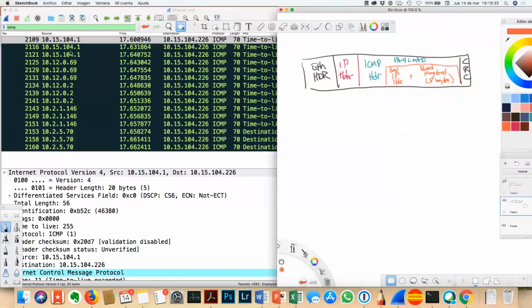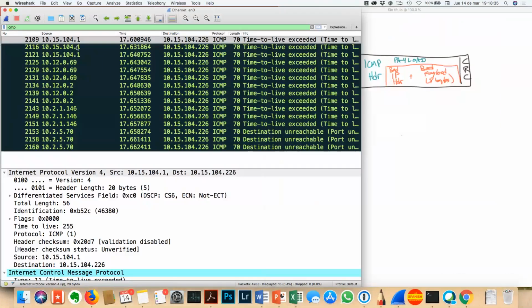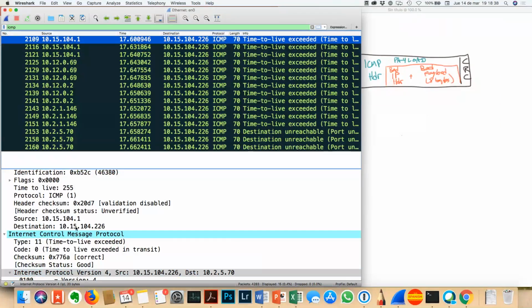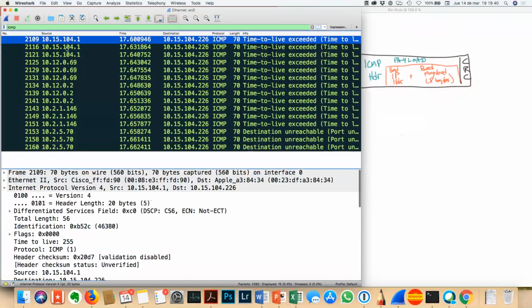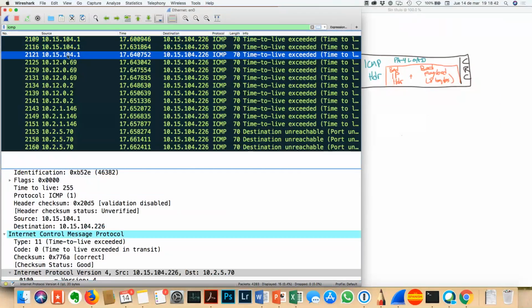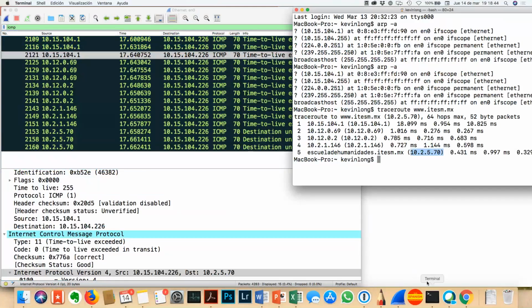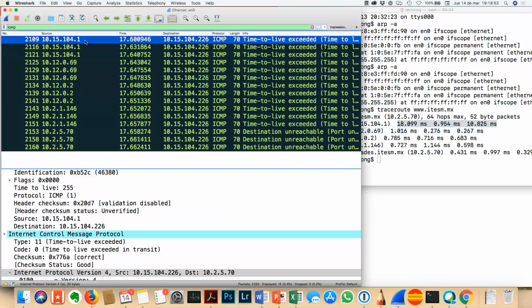Okay, so I had 104.1 in here, and I looked inside and I saw the ICMP datagram. But I have 3 packets coming from 104.1. Why do I have 3 packets coming back? Because I sent him 3 packets. So now what we have to do, and this is going to get hard because there's all this WebEx crap in here too, is I'm going to kill the filter,